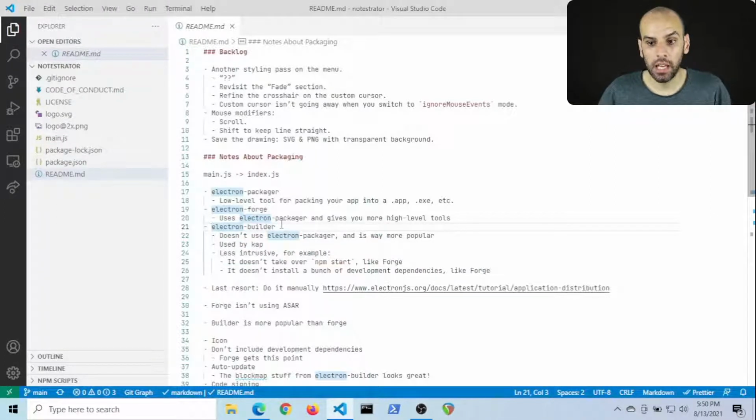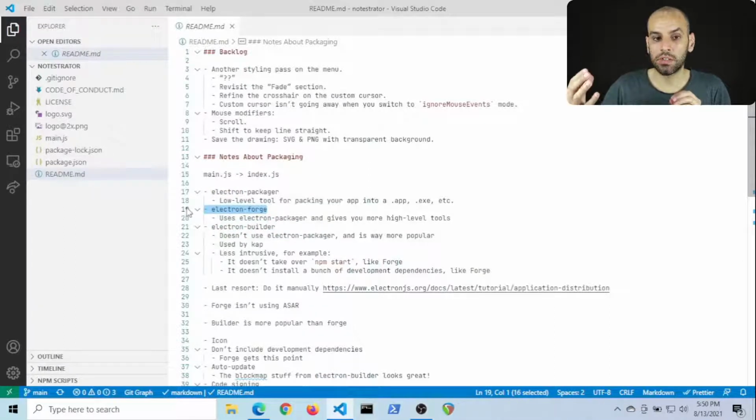For instance, and most relevantly, the auto update in Electron Builder is different from the thing you would get with Electron Forge, and it does not use the Electron facilities. It comes with its own thing, which, as far as I understand, is actually better, because to use auto updates with Electron Forge, you must use an update server that you need to run yourself, or you can run a version that is available for open source projects, which is our case.